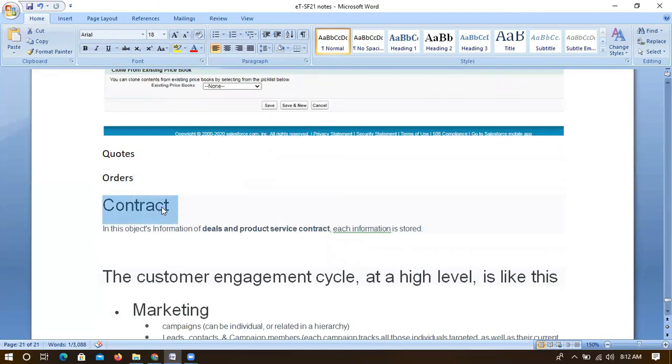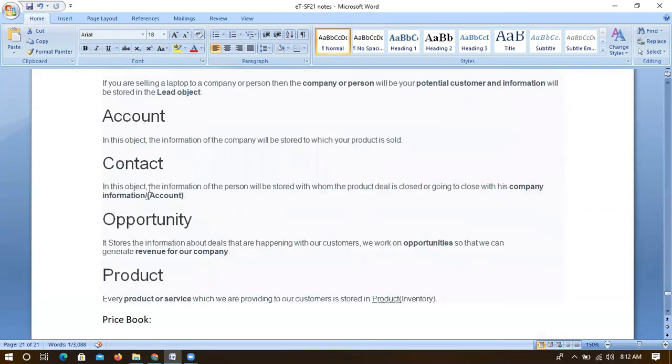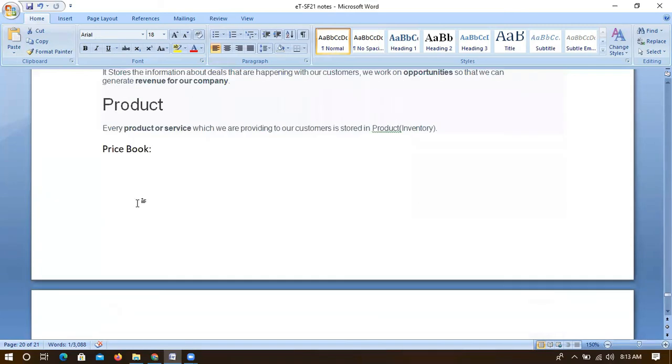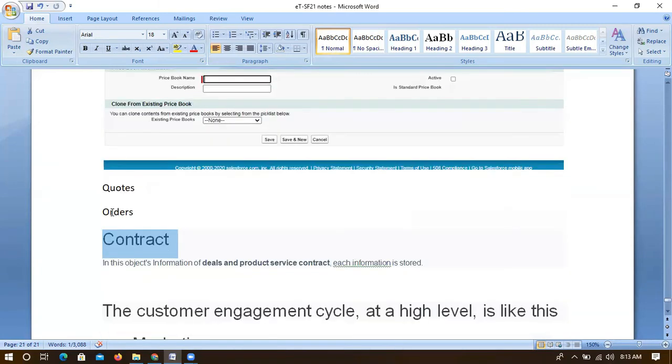This is the final thing. It means the sales has been closed. If a contract has been created, it means the deal has been closed. So this is the complete life cycle. For the sales process, it will start from campaign, lead, account, contact, opportunity, product, price books, and then quotes, orders, and the final will be contract. Once a contract has been created, it means the entire